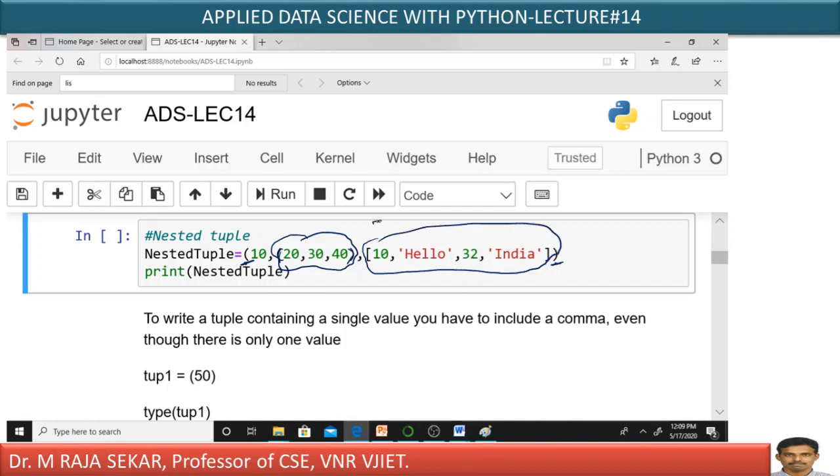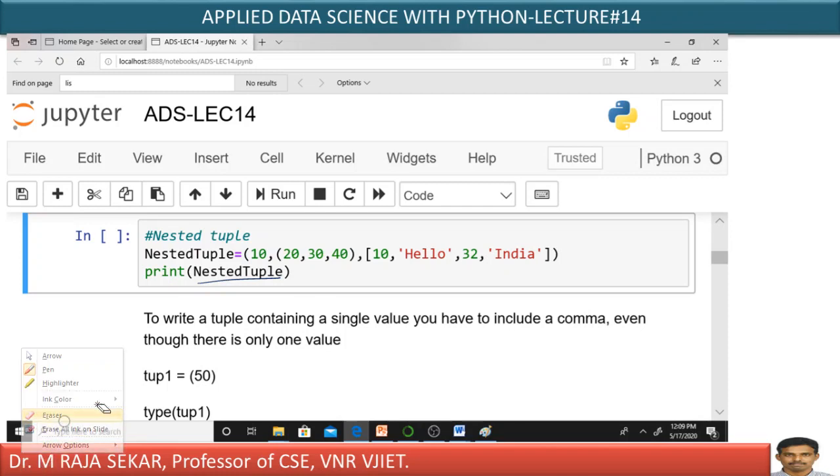As it starts with a square bracket and ends with a square bracket, I must say it's a list. Inside a tuple, you can keep a list, you can keep another tuple, and you can even keep some integer numbers. Just print the tuple name, nested tuple. If I print this one, all the tuple contents will be displayed on the output screen, isn't it?